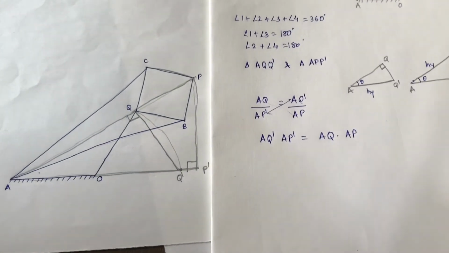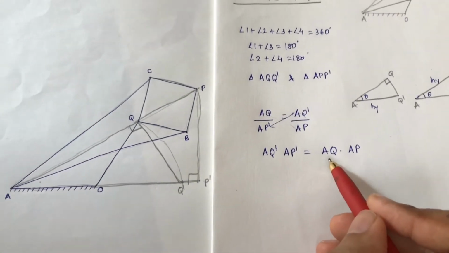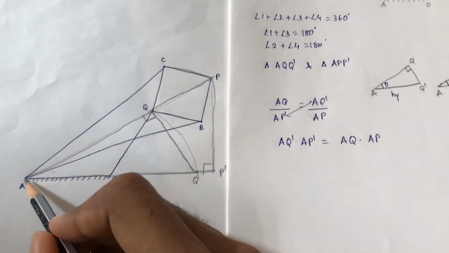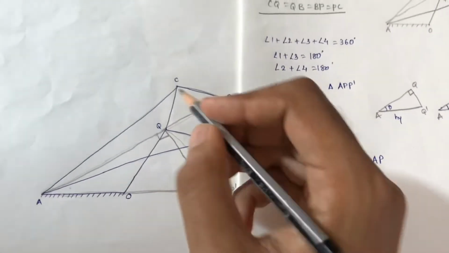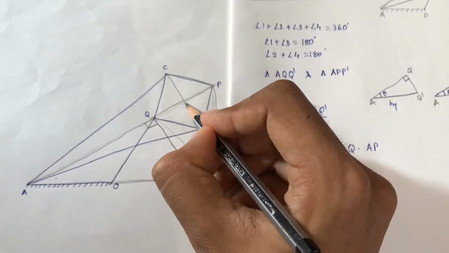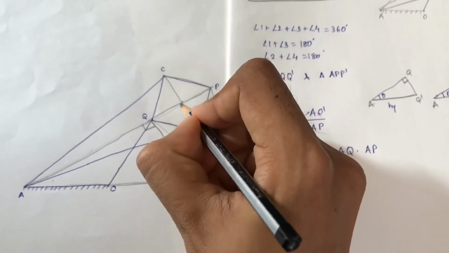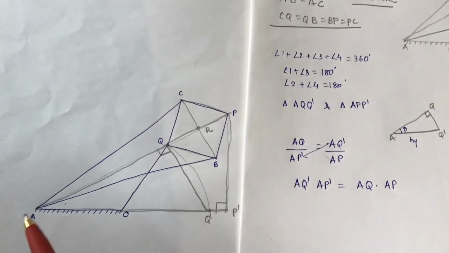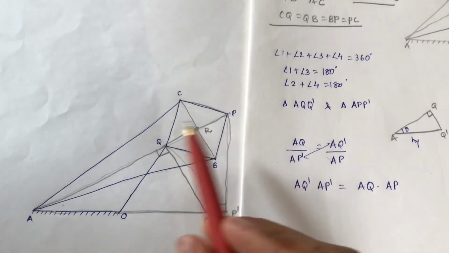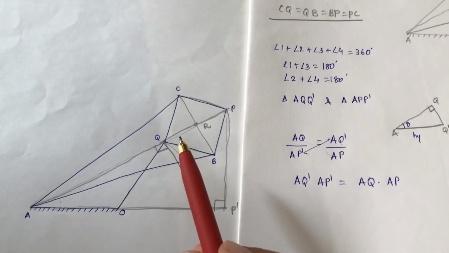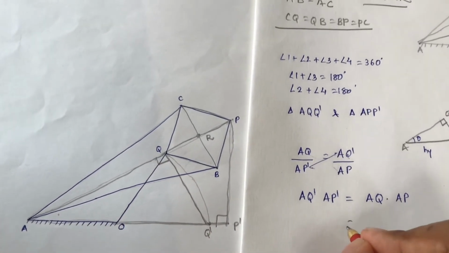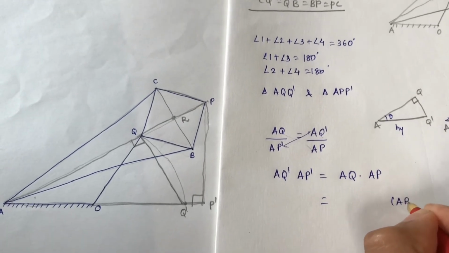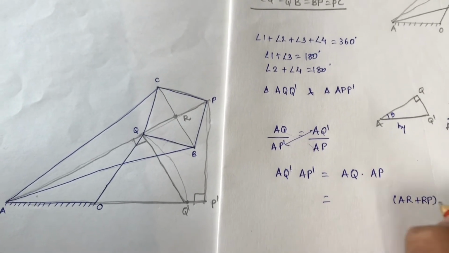Now in this diagram, what do we mean by AQ distance and AP distance? Let us say here it is AP. For that, say this one is the parallelogram and the intermediate point, let's consider it is R. So I can say AP equals AR plus RP. So over here AP is AR plus RP.